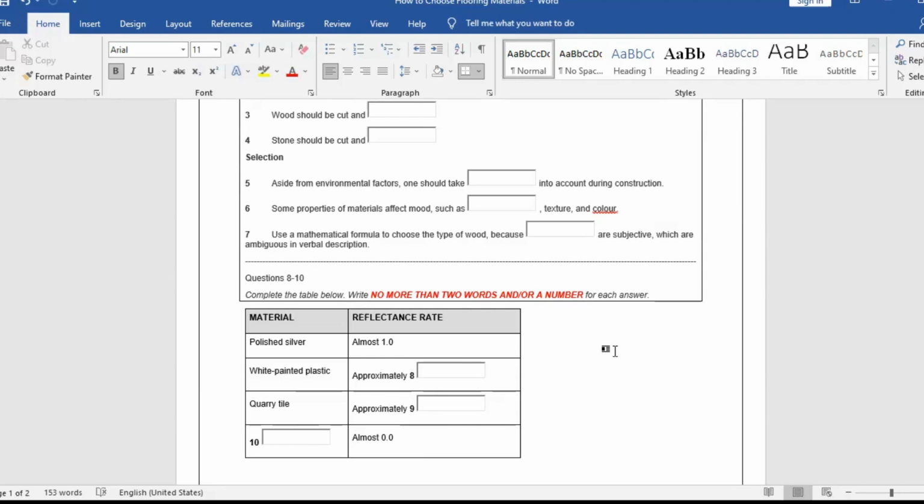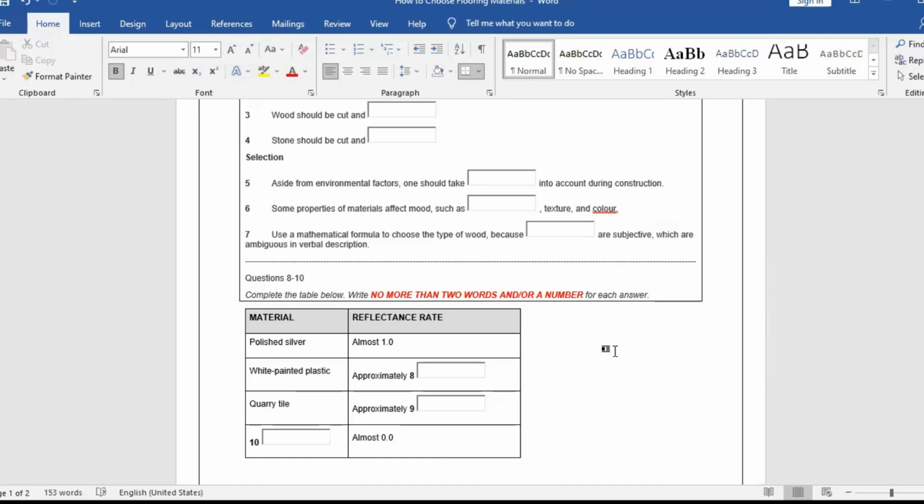Numbers closer to 0 describe materials that absorb more light. Moving down the scale a bit, we see that plastic that has been painted white has a rate of 0.8, which makes sense. We know that the colour white reflects all other colour, while black absorbs all colour, and plastic itself is a relatively reflective material. Materials that are denser and darker have reflectance rates much closer to 0. The quarry tile I mentioned a while ago has a rate of 0.1. As you may know, quarry tile is generally dark brown and made from clay, so it is quite dense.